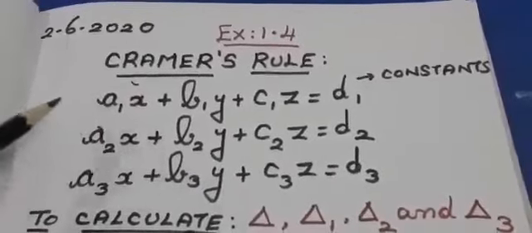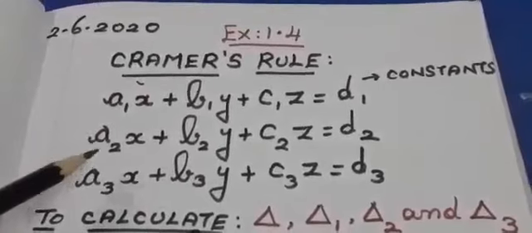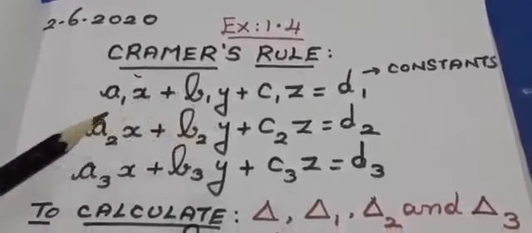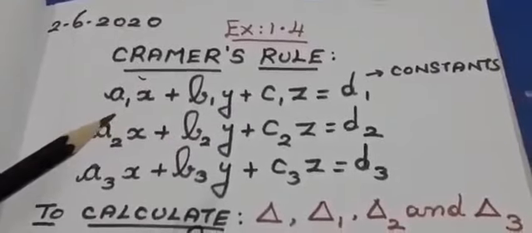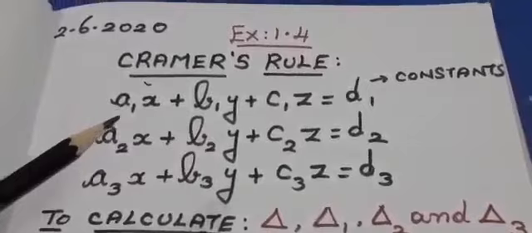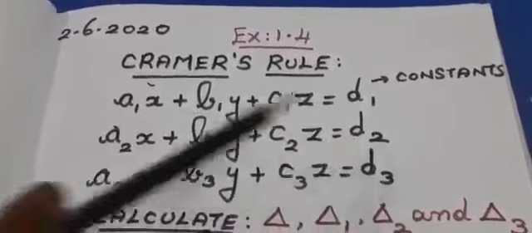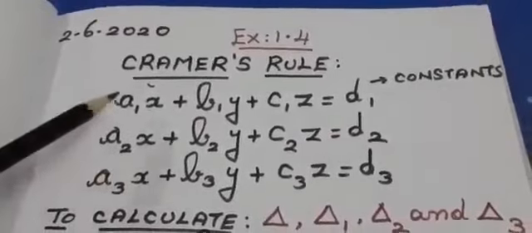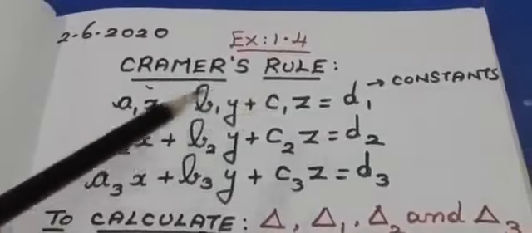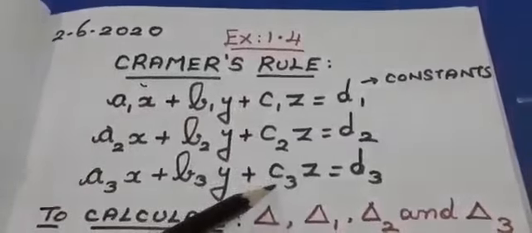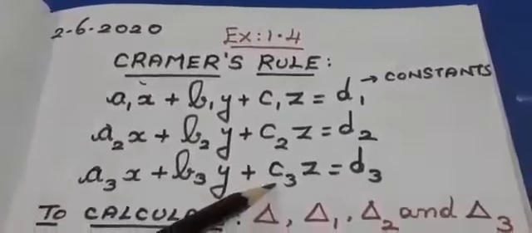While I am arranging the equation, see to it that your variables, that is x, y, z, are on the left hand side, and on the right hand side you will have the constants. First you are going to arrange the equation in this model. Here a1, b1, c1, a2, b2, c2, a3, b3, c3 can be any values.